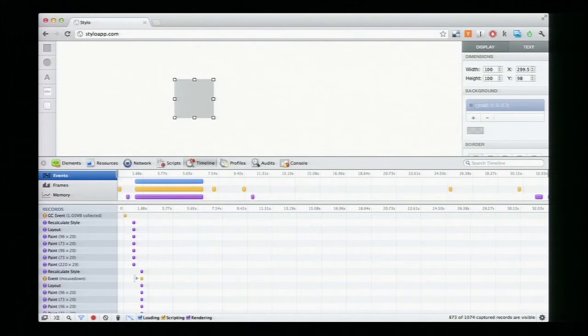You can also see the painting of the browser. Basically, the idea is you want to reduce the amount of painting, because painting is expensive. And one of the ways to do this is with display none. For example, in the inspector, whenever you select an element,